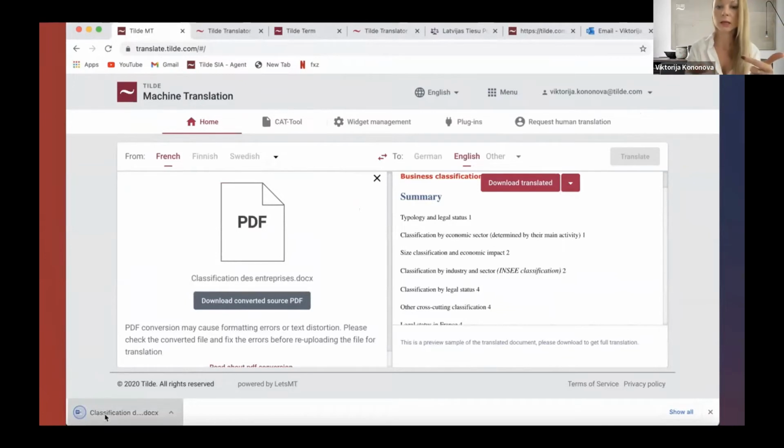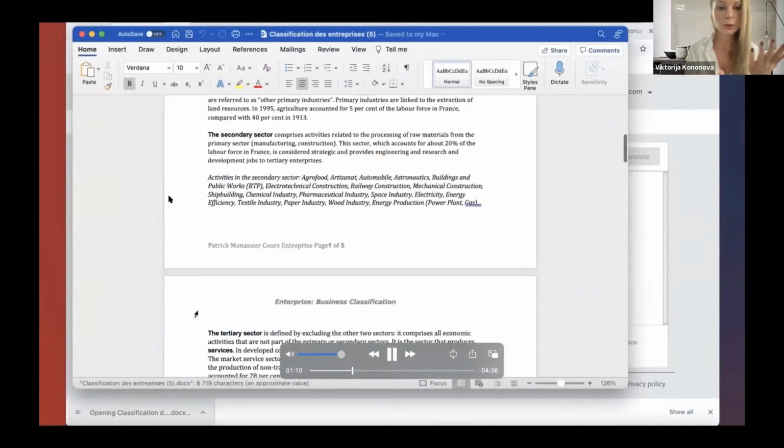Now it's a PDF document, so what the system would do is essentially first convert this document, translate it, then offer you the possibility of maintaining it in the doc format, which is probably better, so you can make any modifications if you need, and then create a PDF document again. So let's take a look at the translated document.